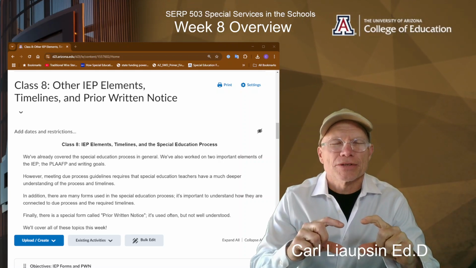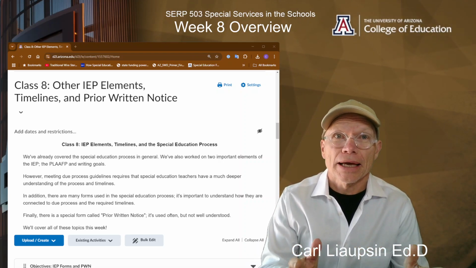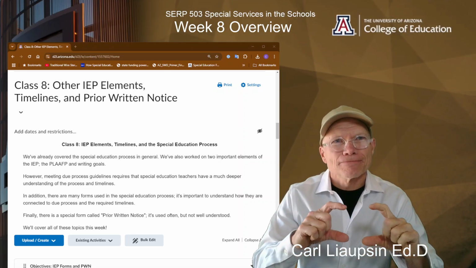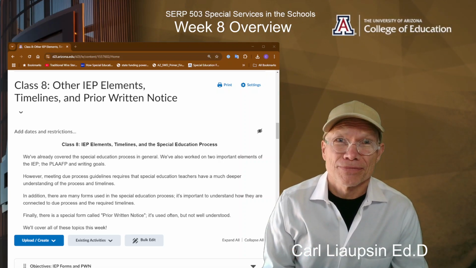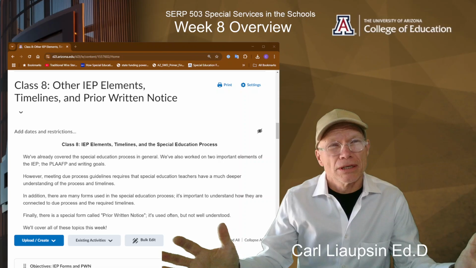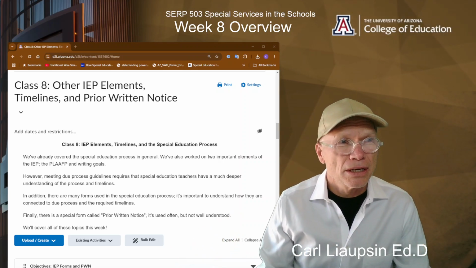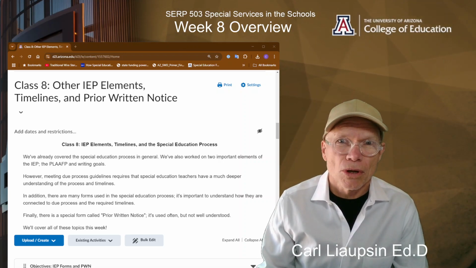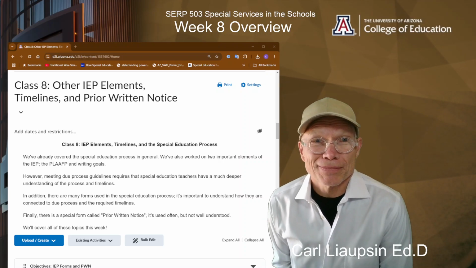In the past couple of weeks, we've looked at some of the really basic elements of an IEP. Right? We looked at the PLAFP, and we looked at IEP goals. Those are the real key elements. However, there's a lot to IEPs. There's a lot more that's built around those to make sure that things are done properly and that parents get due process and that things run smoothly and meet the requirements of federal law. So, this week, we're going to take a look at all of that.